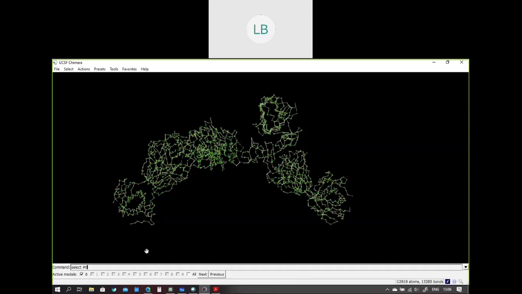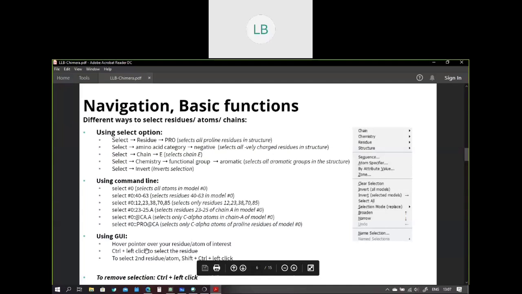Another thing: when you say :12, you are specifying the residue number. Select :20-30 means you are selecting residues 20 to 30. You can see here it has selected residues 20 to 30. Similarly, if I want only the C alpha atoms of 20 to 30, I can add @CA. It selects only the C alpha atoms of residues 20 to 30.